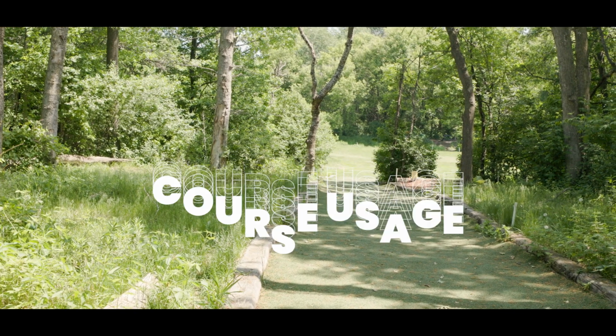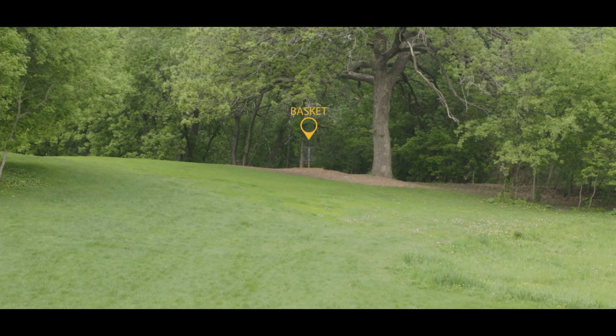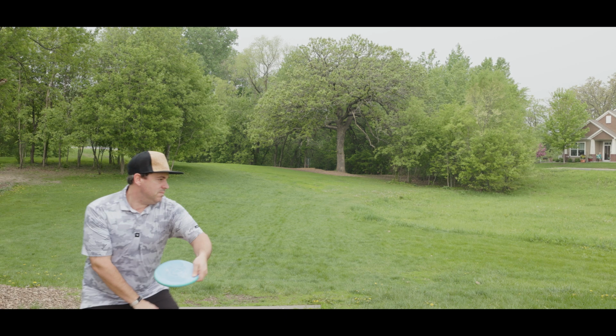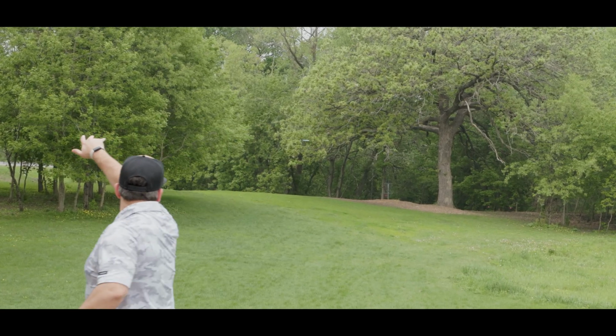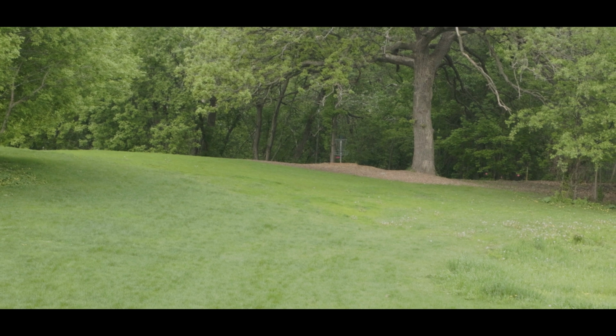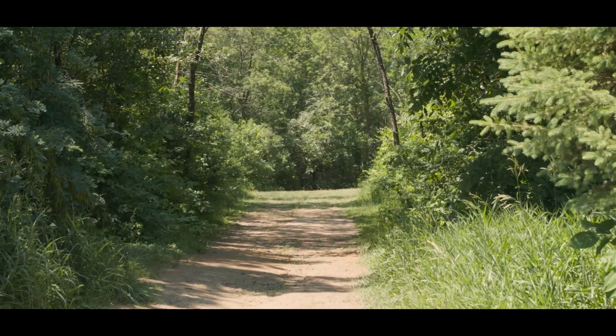Now that we've seen what the Proxy can do in a wide open field, let's see how I would use it out on the course. Now this is just a very straightforward shot. You have a little bit of trouble left and right, but you just have a ton of space up the middle. So for the Proxy, just throw it out very straight, just a little bit to either left or right of the basket, depending if you're a righty or lefty,